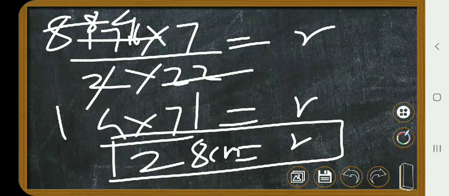Okay, understood? Now for the next one, you just have to use the formula and put in the values which have been given, then you can easily find the answer. Third one: the radius of a circular garden is 56 meter. What would it cost to put a 4 round fence around this garden at a rate of 40 rupees per meter?